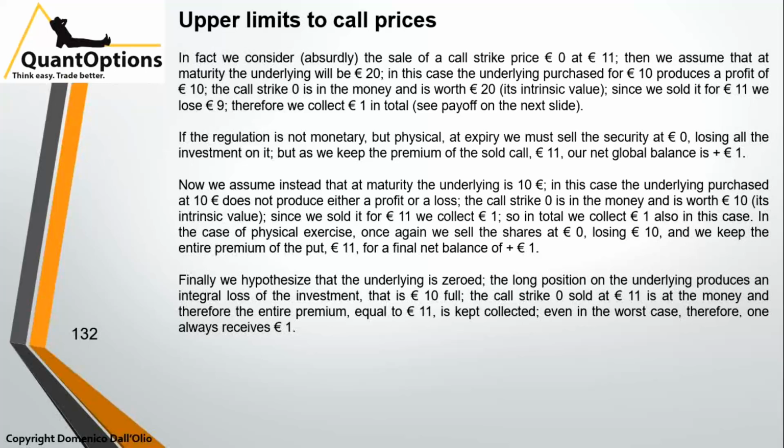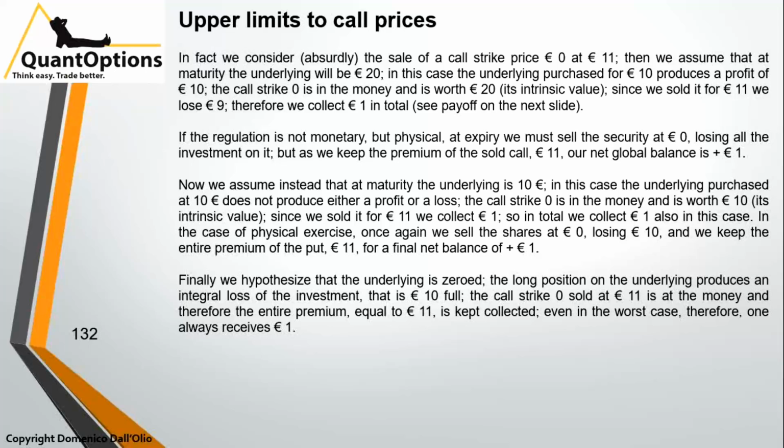But as we keep the premium of the sold call, 11, our net global balance is +1. Now we assume instead that at maturity the underlying is 10. In this case, the underlying purchased at 10 does not produce either a profit or a loss. The call strike 0 is in the money and is worth 10. The intrinsic value, once again, we sold it for 11, we keep 1, so in total we collect 1 also